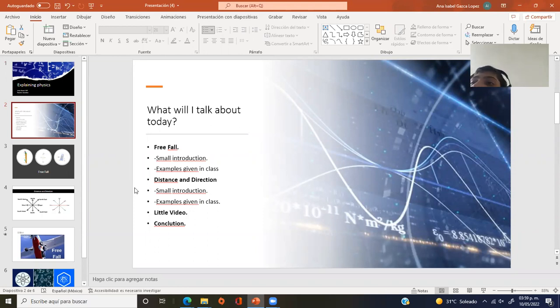They are also two topics that we saw during our last physics class. The first one is free fall practice, and our second topic is distance and direction. I will give a brief explanation on both topics before introducing our presentation. What will I talk about today? Free fall, small introduction, examples given in class, distance and direction, small introduction, examples given in class, little video, and